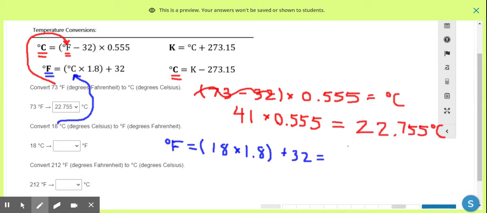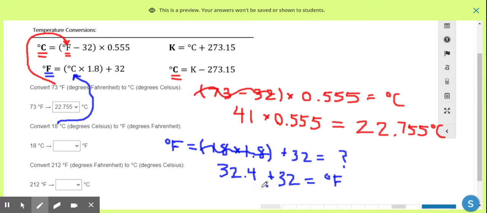Okay, so let's plug this in. 18 times 1.8 gets me 32.4. Then I need to add to that 32, so that should give me my answer in degrees Fahrenheit. So 32.4 plus 32 is